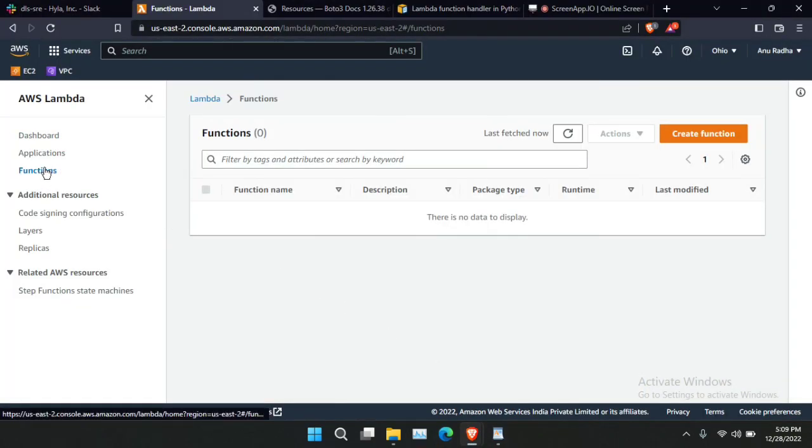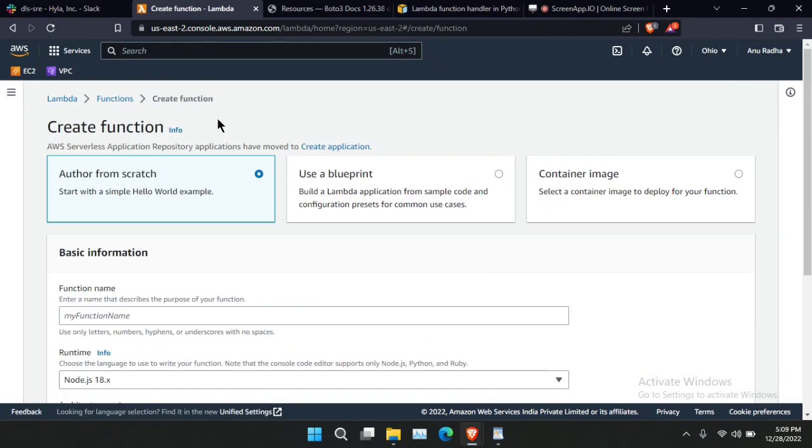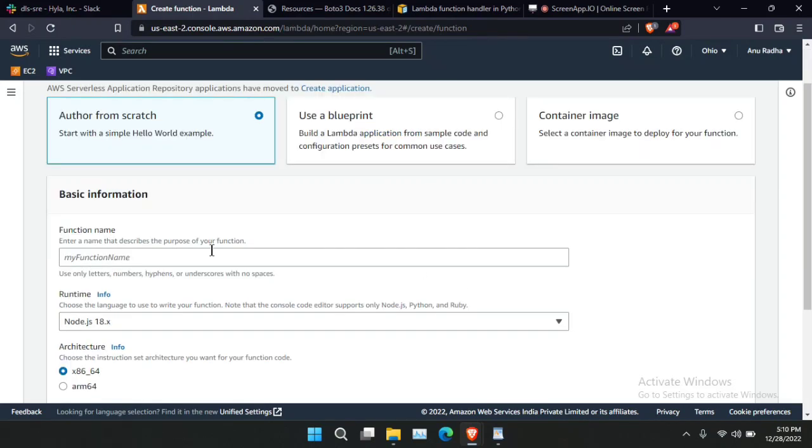Here under functions, in the dashboard you can see under functions we need to click on create function, and here first of all we need to select this option, author from scratch. You can also create with the other options. This is the container image and this is the blueprint, but I'm going with this option. So first of all we need to give the name of the function. So I'm giving test function,